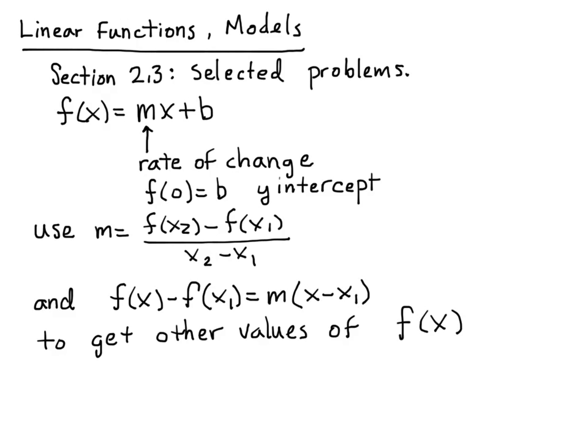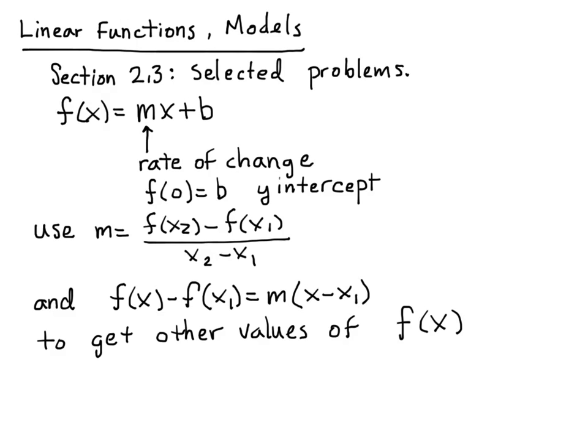So we get this equation here, where if we have the slope equals the rate of change, we can find new values for our function by multiplying both sides by this x2 minus x1, bringing that over here and then turning it around, and we have this form here, and perhaps you'll recognize that as the